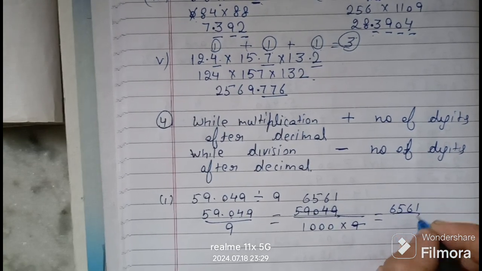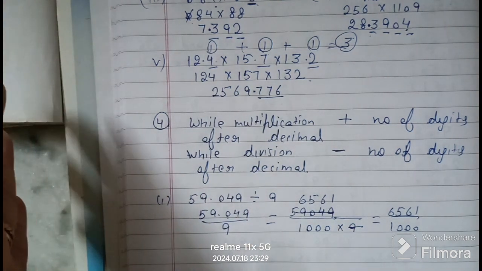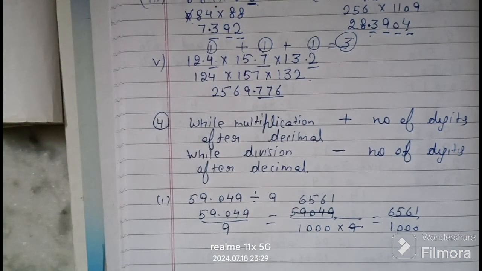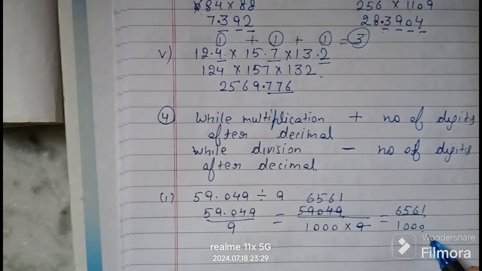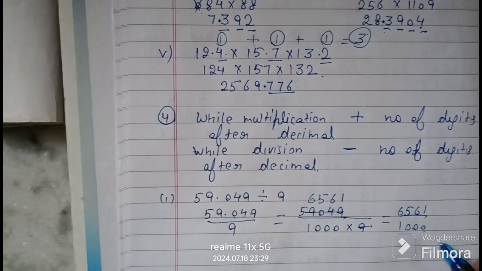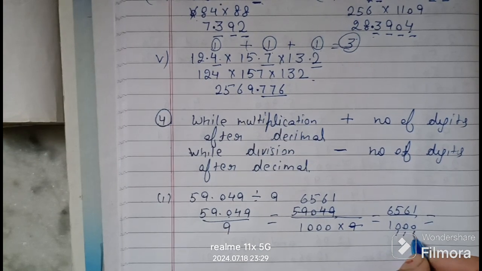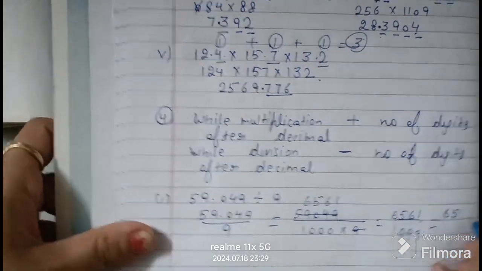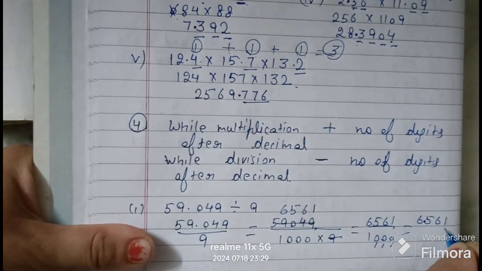This is the same form that we did in worksheet 1. What did we do in worksheet 1? We just changed the denominator into powers of 10. Here also it is 10 raised to the power 3. The denominator is in zeros, so it is very easy to convert it into decimal form. The number of zeros is 1, 2, 3, so firstly I'm going to repeat the numerator. I have to put the decimal sign before 3 digits, 1, 2, 3, because there are 3 zeros in the denominator.